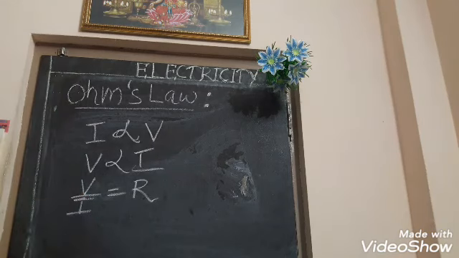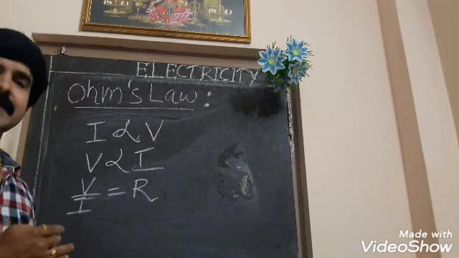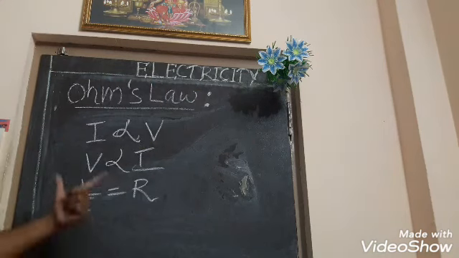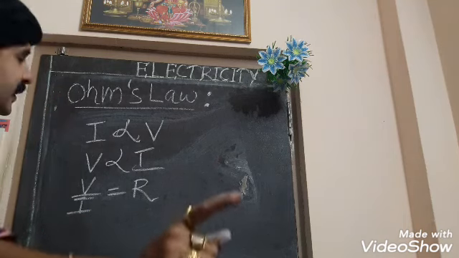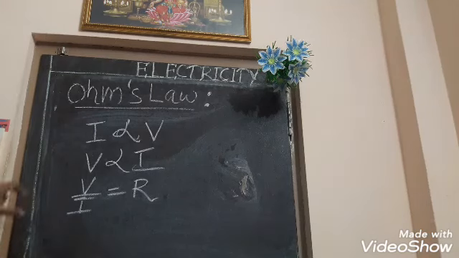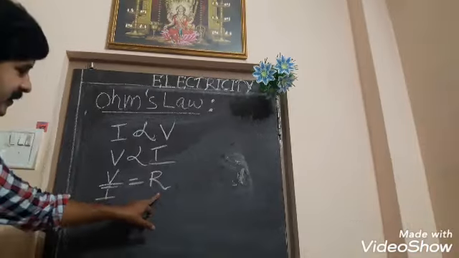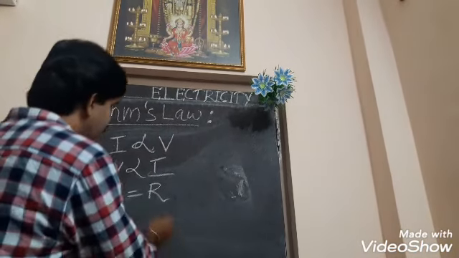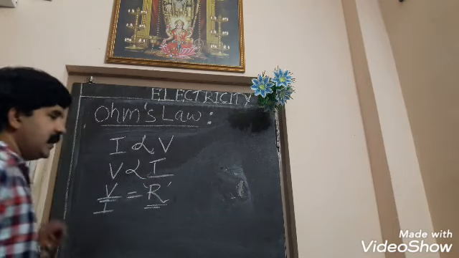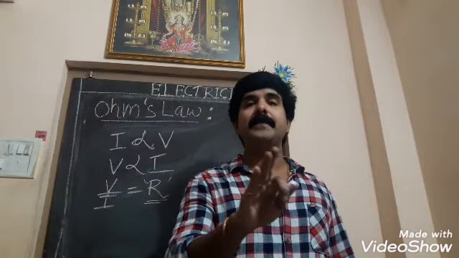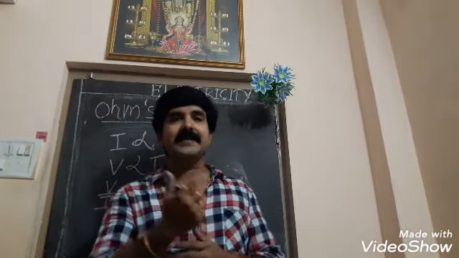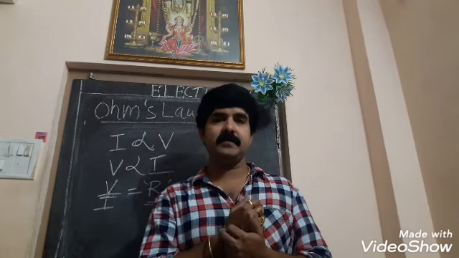When V is proportional to I, the relationship is always constant. The increase or decrease, they go on proportionately. So if you draw a graph taking these two parameters, then it is showing a constant value. So V by I is always represented by a constant. Here this is denoted by R. What is R? R is a constant that depends on the characteristics of the material.